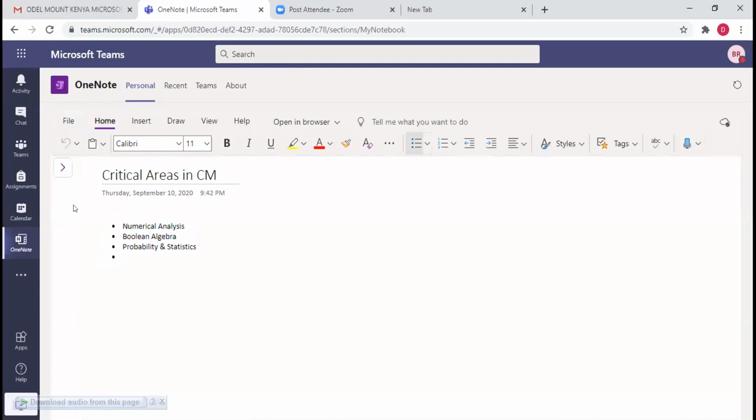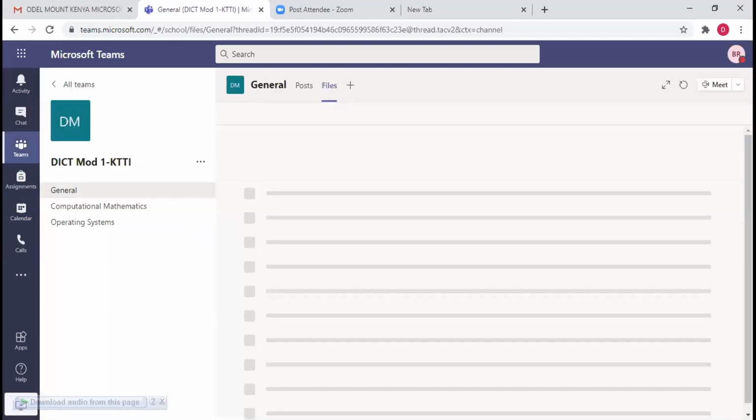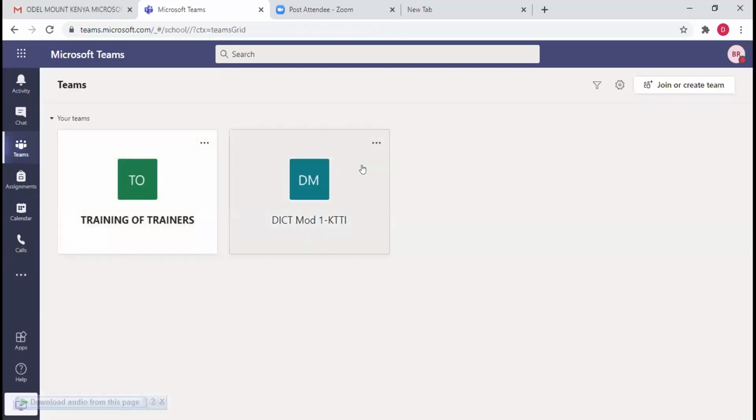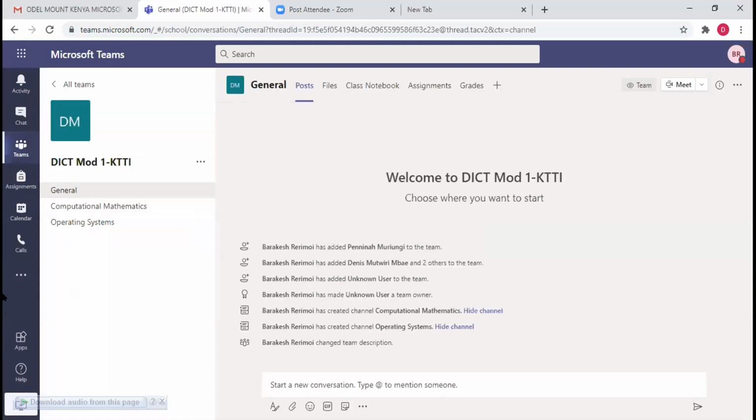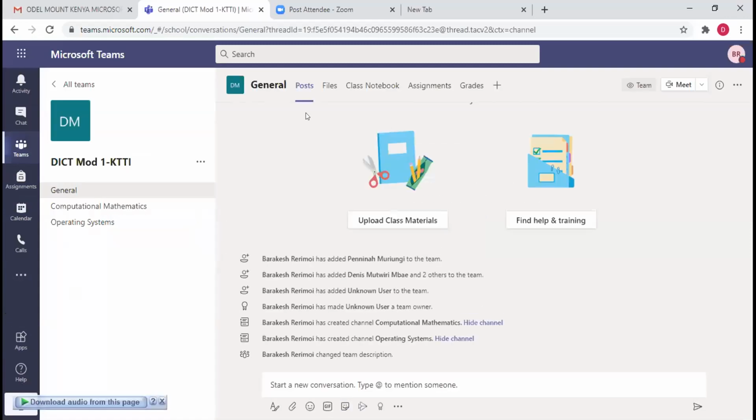Yeah, so that's what I created. But now, how do I assign it to the particular channel? Maybe you can go back to Teams to see whether you can assign it from there. Let's see. Open the note in the OneNote app.